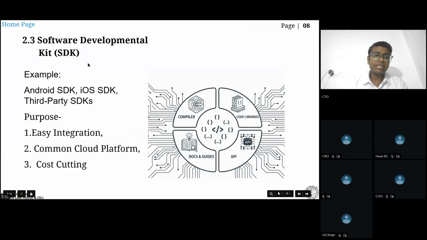ये जो API का मेन काम है वो SDK की हेल्प से होता है। SDK is the Software Development Kit। तो SDK क्या होता है कि ये एक बंडल पैकेज टूल है, जैसे कि एग्जांपल के तौर पे आपका एंड्रॉयड मोबाइल का जो SDK है, सीधा एग्जांपल Android SDK, iOS SDK। जो एंड्रॉयड मोबाइल का SDK है वो क्या करता है, वो API का इस्तेमाल करके उन डॉक्यूमेंट्स को इकट्ठा करता है जो कि सेव रहते हैं डॉक्यूमेंट रेपोजिटरीज में, और उनको कंपाइल करता है। और बहुत सी ऐसी आपके सिस्टम में एंड्रॉयड में लाइब्रेरी फाइल्स होती हैं लोकल डिस्क C में, जो कि ना खुलती हैं, ना बंद होती हैं, ना डिलीट होती हैं।